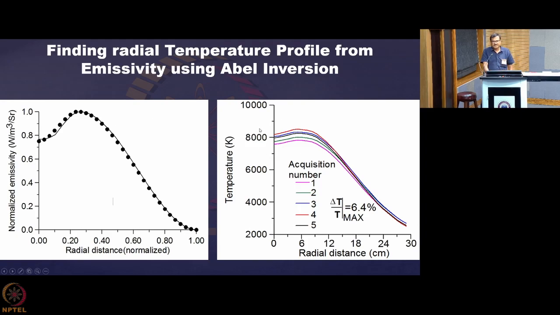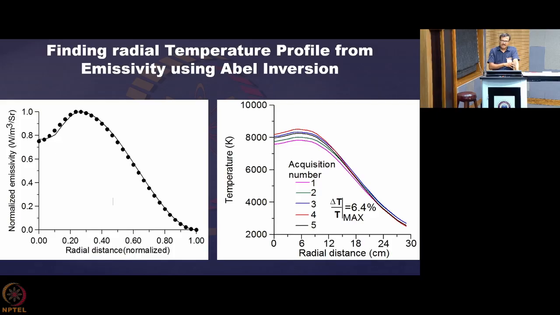So this is the temperature that we are getting, and this solid curve and the dotted curve are basically a validation that we are doing the correct Abel inversion. The solid curve is from this integral, and this data was for validation with respect to already reported values. So this is just to build the confidence that what we are doing is correct, and this kind of check is always required when you are going for practical application, so that you are confident that you are right